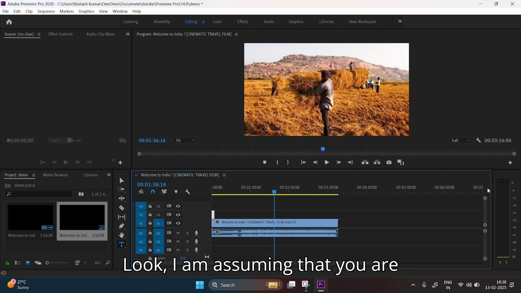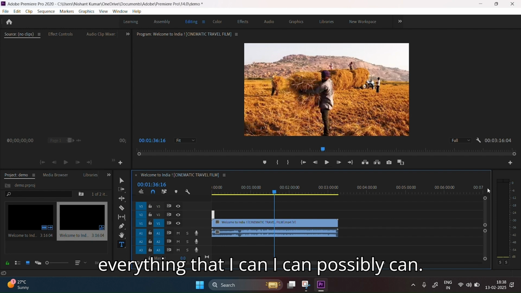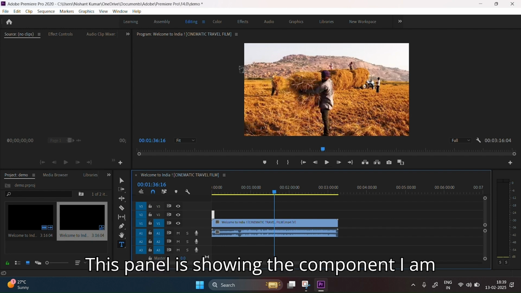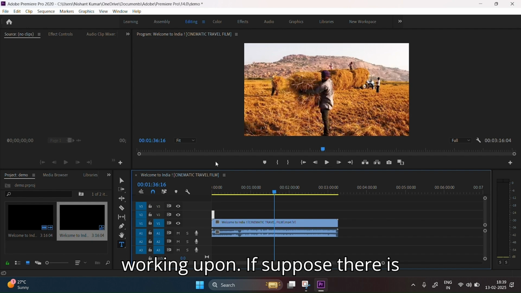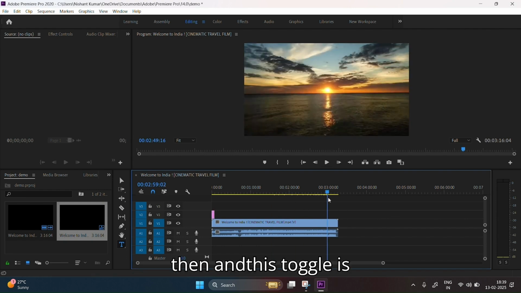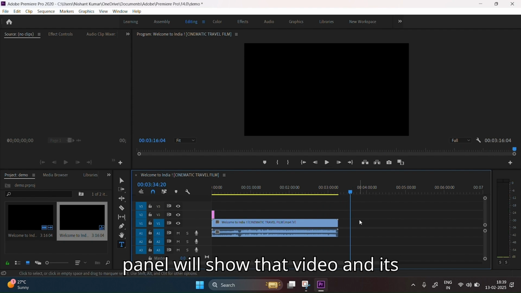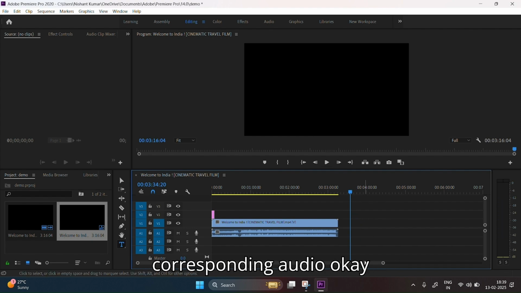Look, I am assuming that you are a beginner to the video editing industry, so I am explaining each and everything that I possibly can. This panel is showing the component I am working upon. If suppose there is some video right here, and this toggle is right here, then this panel will show that video and its corresponding audio. Okay,